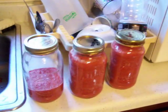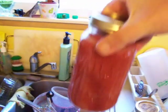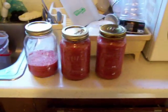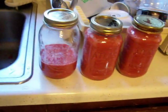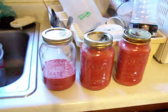It's more like a puree or a smoothie. This is somewhat thin, but I had looked in one of my books, and the guy that wrote the book said that this will separate, the pulp will separate from the juice, and you'll have an almost clear juice, and you can pour the